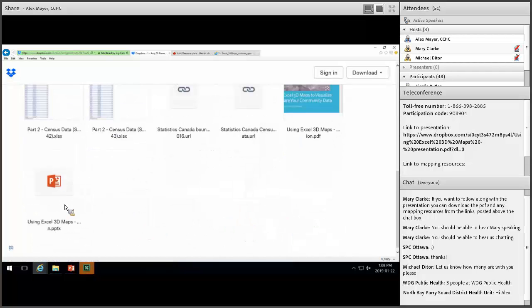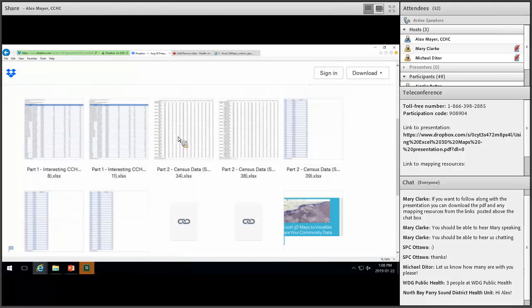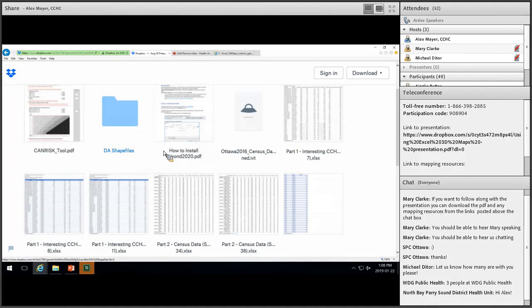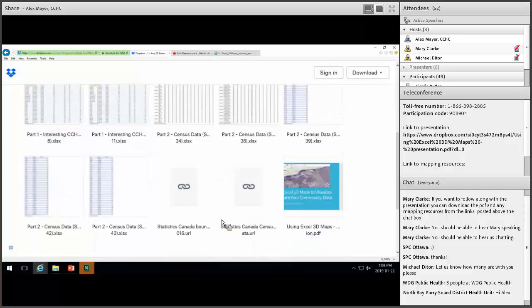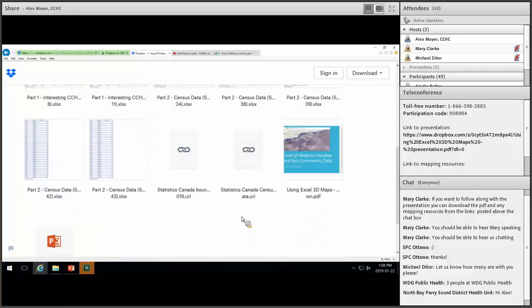One of those links is to a folder where you see all of these resources here. And really, I've packaged this presentation so that if we don't get through all of it today, you still have the PowerPoint. And there's videos embedded within that PowerPoint that take you through all the steps that you need to get to the finished product, which in this case is a basic map using CCHS data. And then for part 2, there's actually a diabetes risk map that I've created that's using dissemination areas, which is a very